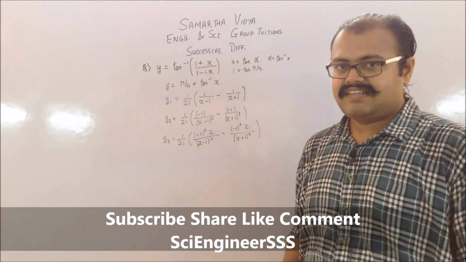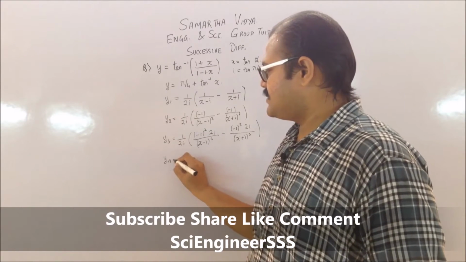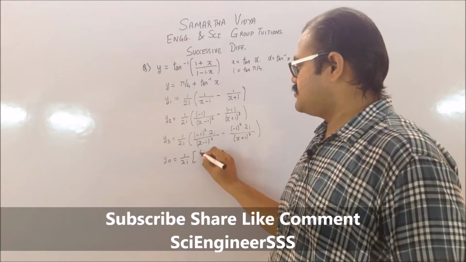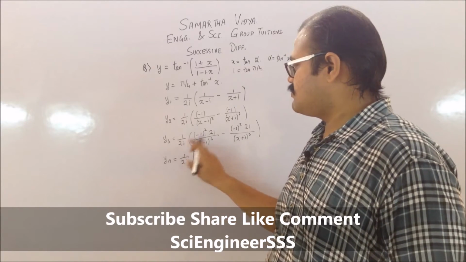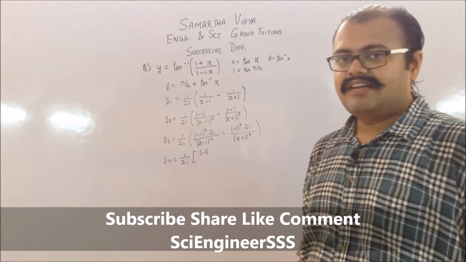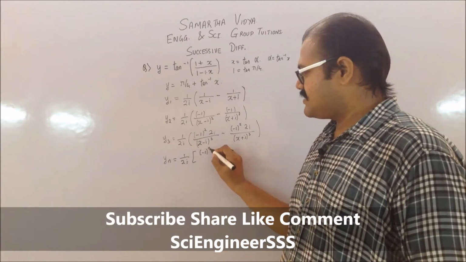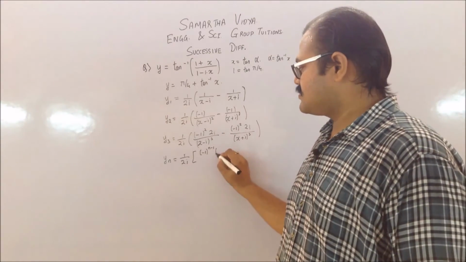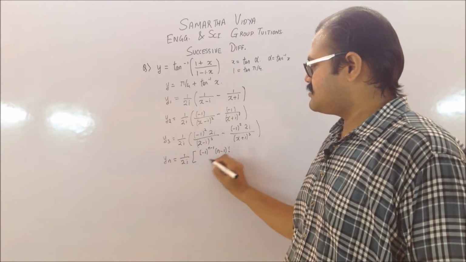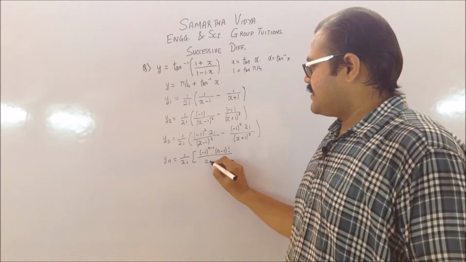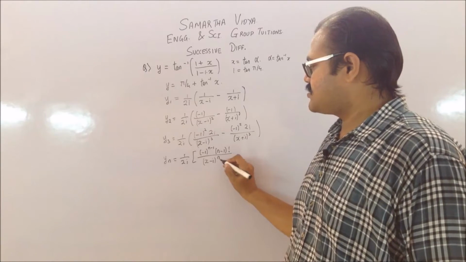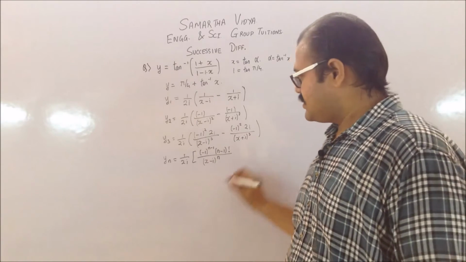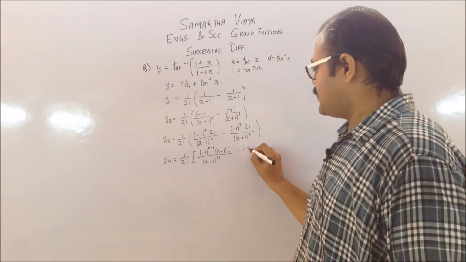So after generalizing, your nth derivative of this term is going to be 1 upon 2i into minus 1 raised to... Now for the third derivative, you were getting a square term, so basically you will be having this as n minus 1. And you are getting a 2 factorial for the third derivative, so it's going to be n minus 1 factorial divided by x minus i raised to n, because for the third derivative you are getting a cubic term. Similarly on this side, it's going to be minus 1 raised to n.